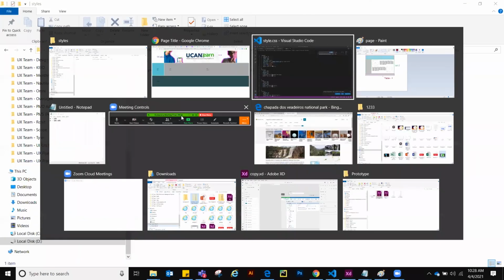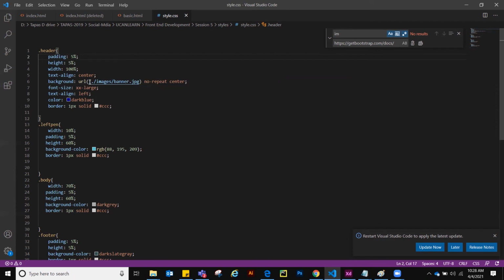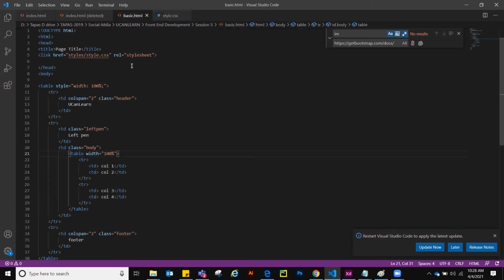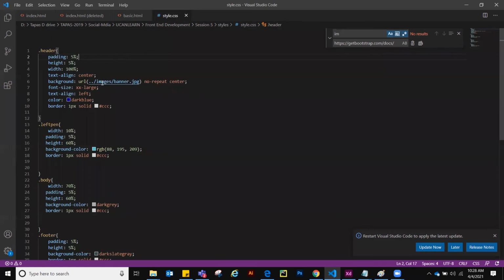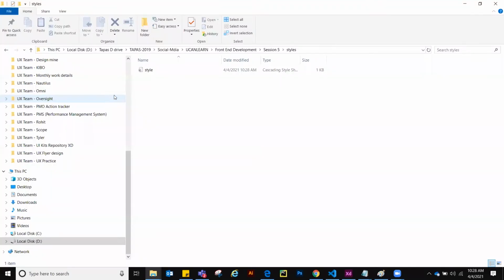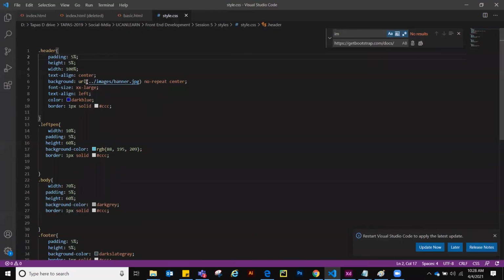What magic have I done? I have done nothing. This 2 dots and slash means you go out from this folder. When the browser compiles this page, it will not search for the images inside this folder. It will go out from this, then go to images and then find banner.jpg. Is it clear?